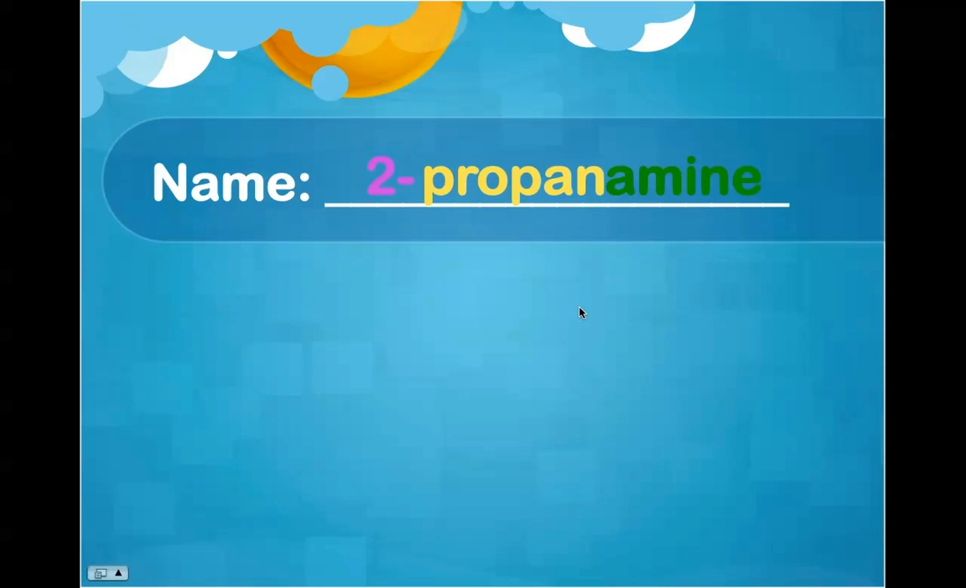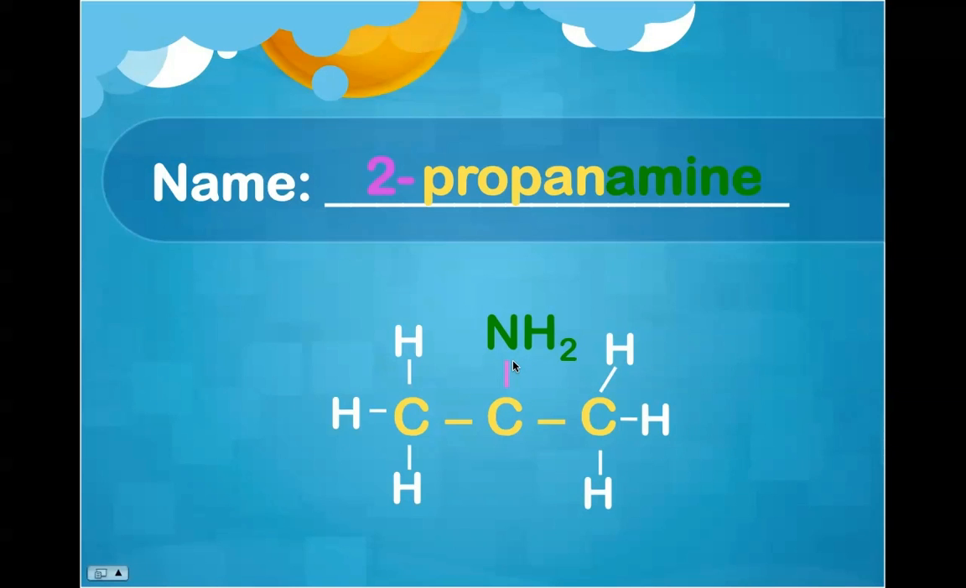Prop indicates 3 carbons, so I'm going to draw the 3. This 2 is showing me where that NH2 group is. So I'm going to have it off of my second carbon, and then the amine is going to be my NH2 group. So again, the prop part is my 3 carbons. The 2 is showing me where my NH2 is, which is off of my second carbon. And then I'm going to carefully fill in the hydrogens, and oops, if you notice I'm missing one right here,